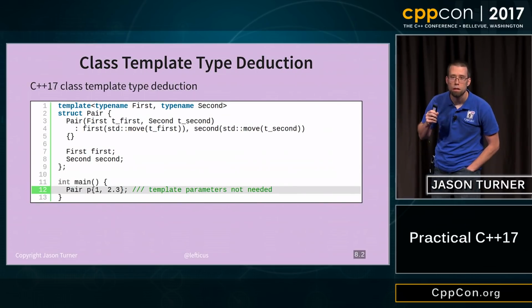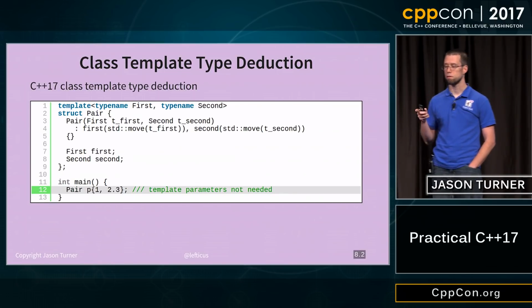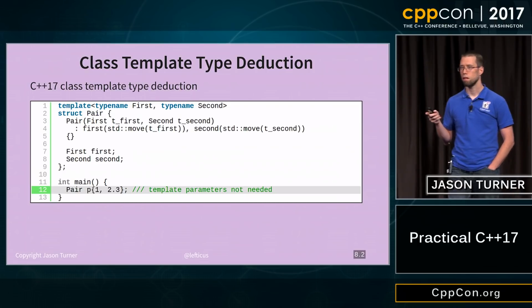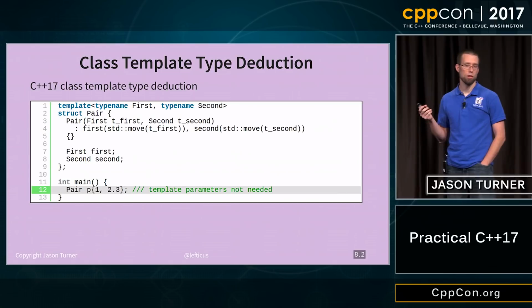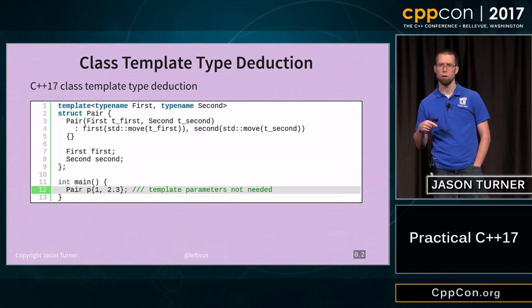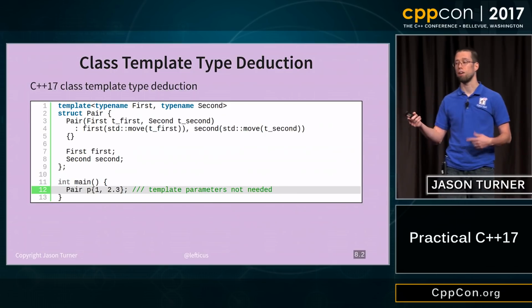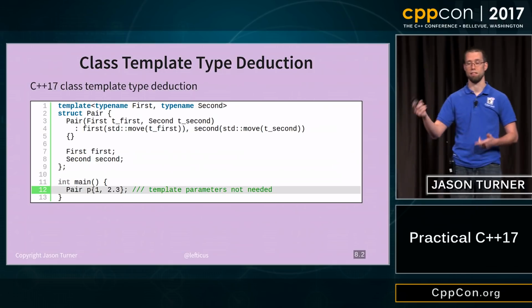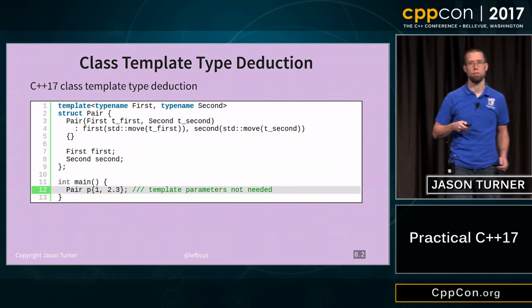I'm sorry, what was that? Does it apply also for return types? So the question is, would it also apply to return type from a function, if you could automatically do that. The only way for that to work would be for the function to actually return an auto, right? Because otherwise you have to specify what the function is returning. And if the function's returning an auto and you were to try to do this braced initialized deduction, it's not going to know what you mean. So I think the answer is no for what you're asking.